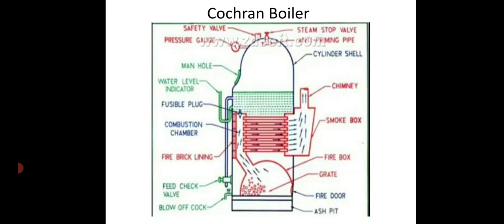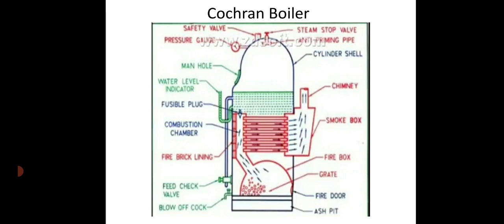In a fire tube boiler, the hot gases pass through the tubes and water surrounds the hot tubes. Water is flowing outside the tubes. It is also a simple form of fire tube boiler. Cochran boiler is a simple form of vertical fire tube boiler. It consists of a fire brick layer which prevents the overheating of the boiler shell. The hot gases pass through a number of fire tubes surrounded by the water, as shown in the figure.